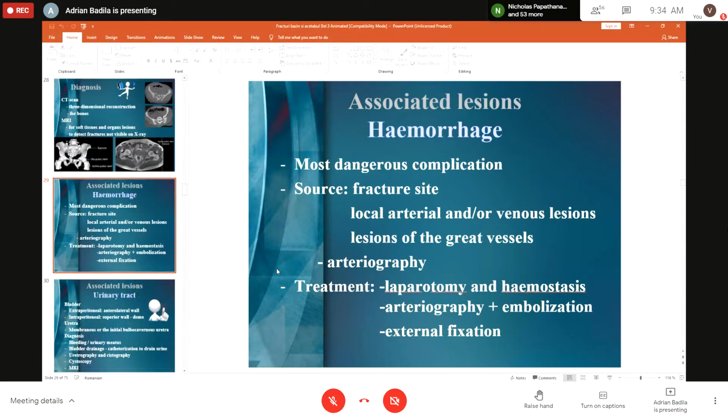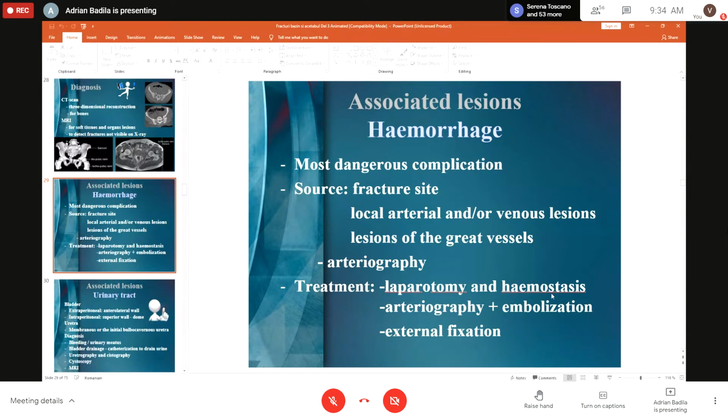Complications can be hemorrhage, which is the most dangerous complication, and the source of this hemorrhage can be the fracture site or lesions of the big vessels at this level. And in order to diagnose these lesions, we can perform an arteriography or a CT scan with contrast substance, and the treatment will consist